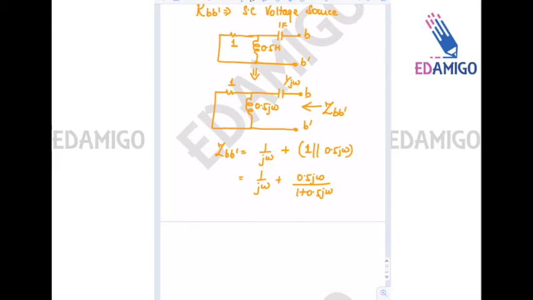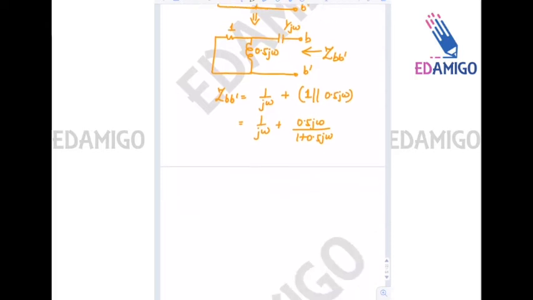Okay. Now if I want to separate all the imaginary terms, because we need the value of omega where the imaginary term of ZBB dash is 0. So this is minus j upon omega,